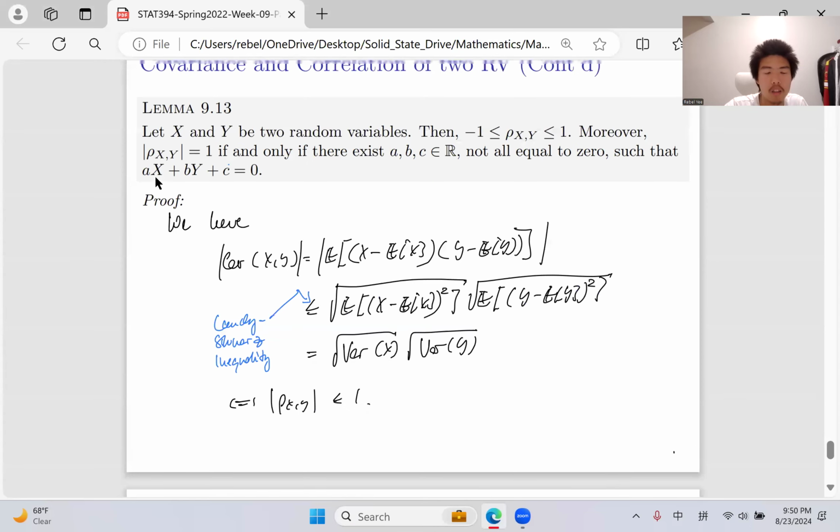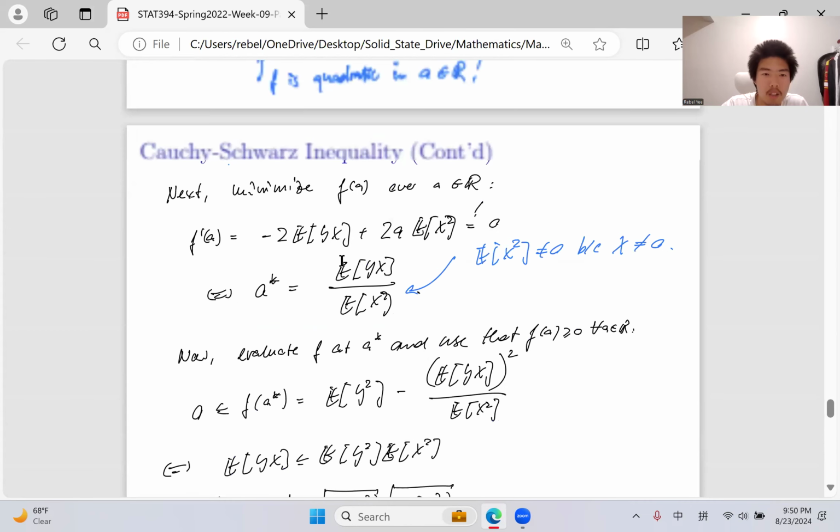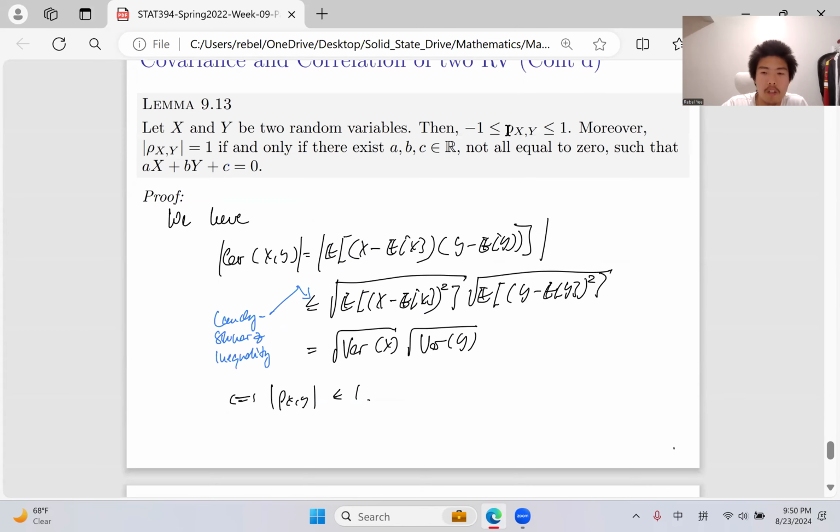Cool. And there's also another further discussion about the covariance and its correlation coefficient's range. We are using this Cauchy-Schwarz inequality to prove why the coefficient of correlation is between -1 and 1. So the correlation coefficient, by its original formula, is equal to the expected value of the product of x and y, right? These two terms here.